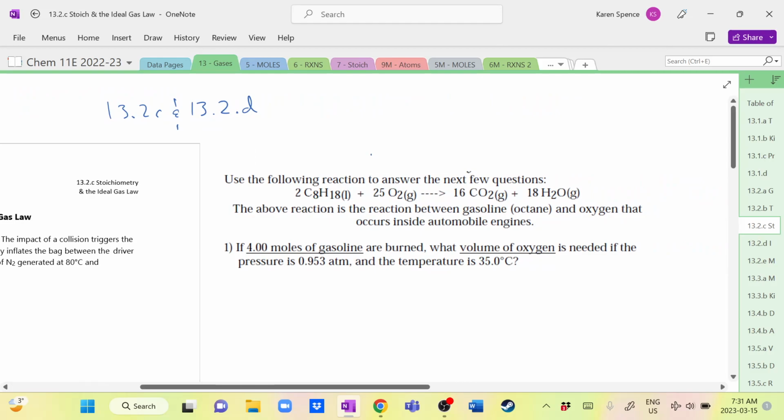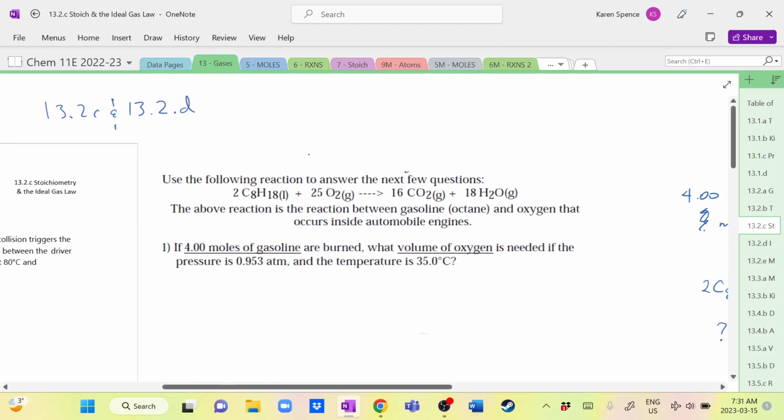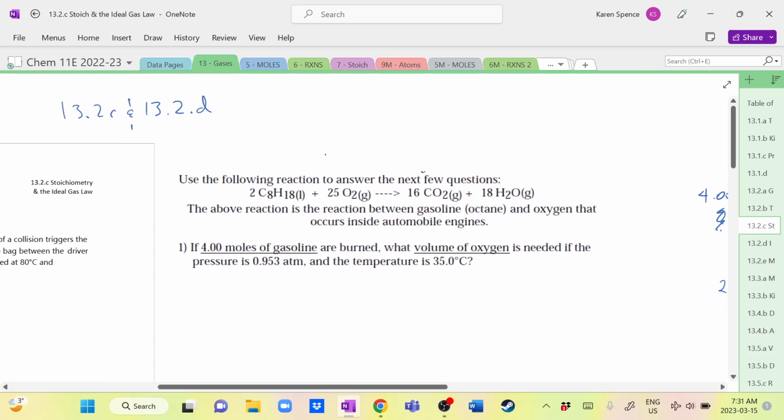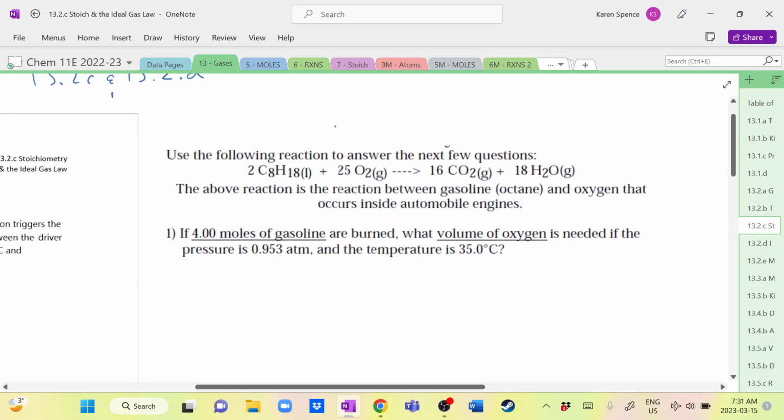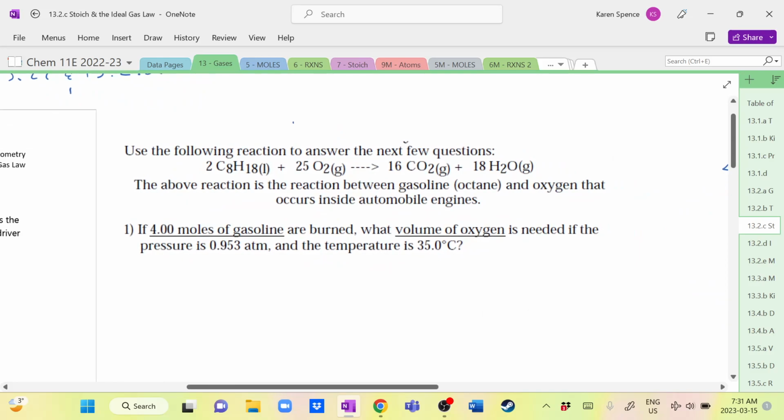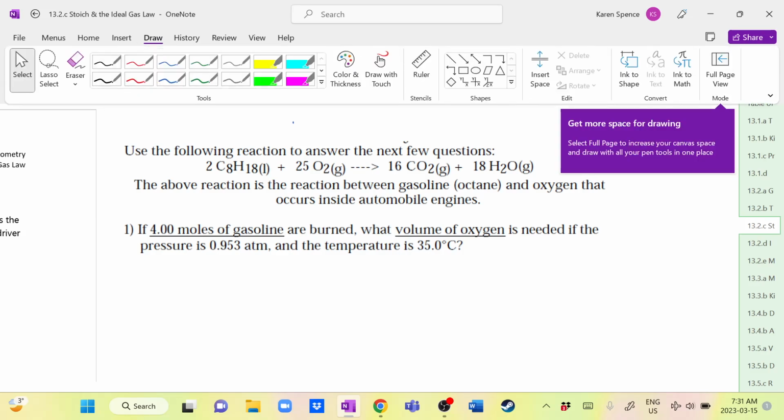Use the following reaction. This is an example here to answer the next few questions. Well, there's only two questions, but that's okay. So we have 2 HCl. Where are my menus? Where's my quick? Oh, that's okay. Weird. Anyway,